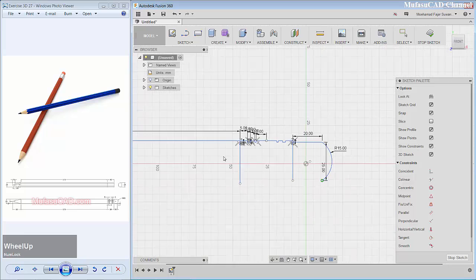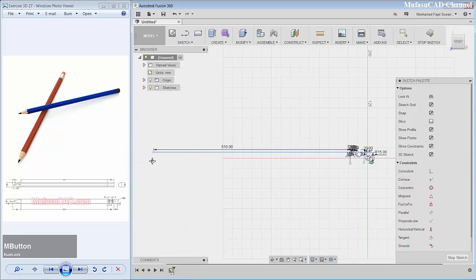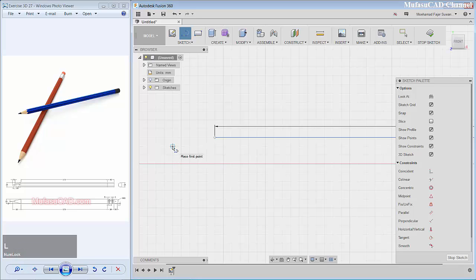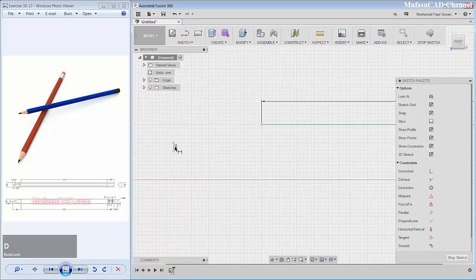Okay, you can zoom out. And we create a line object, start from this point to the bottom, give a dimension for this line object 1, and I will connect from this point to this point.